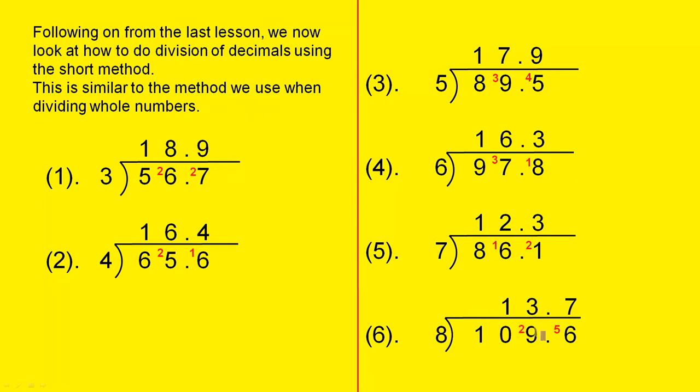8 into 109.6. 8 into 1 doesn't go. 8 into 10 goes once and 2 left over. 8 into 29 goes 3 and 5 left over. And 8 into 56 goes 7. The answer is 13.7. Now you can see from those 6 very straightforward examples that a knowledge of tables makes